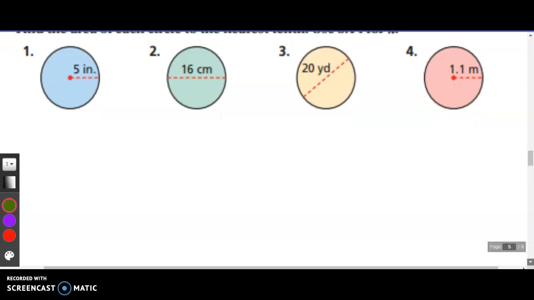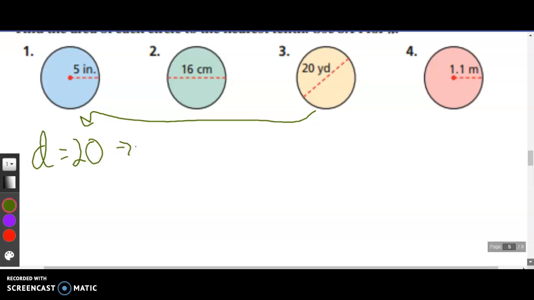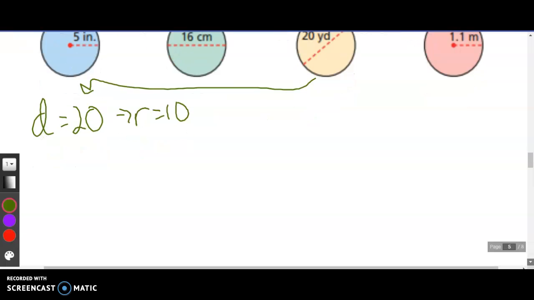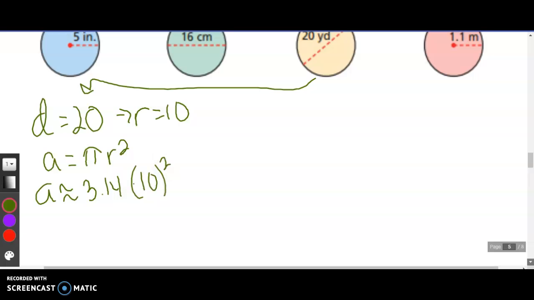All right, number 3, 20 yards. This is a diameter. So if the diameter is 20, then that means that the radius is 10. Now that I have that, area equals pi r squared. Area is approximately 3.14 times 10 squared. 10 squared we shouldn't need a calculator for. It's 100